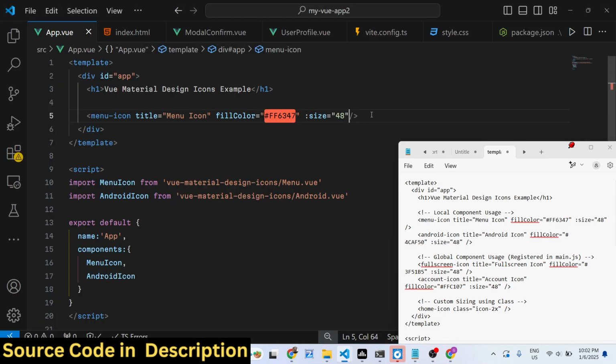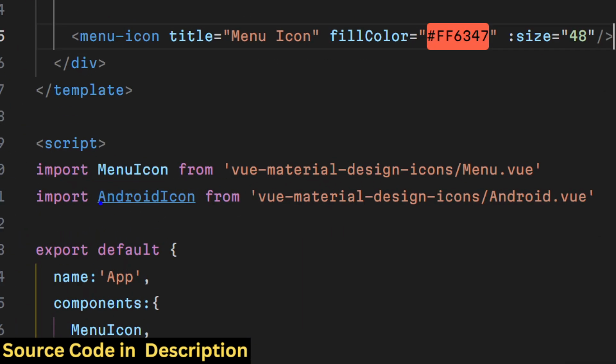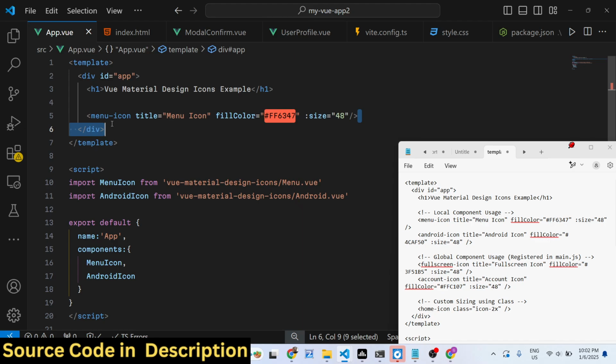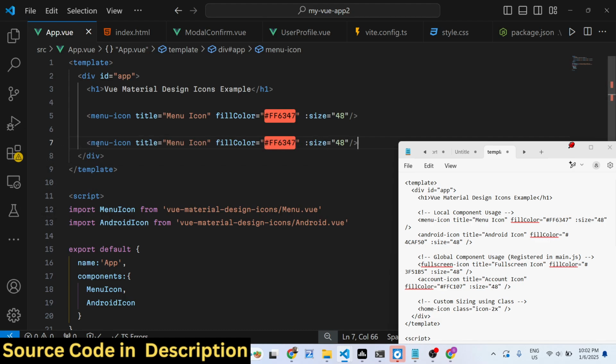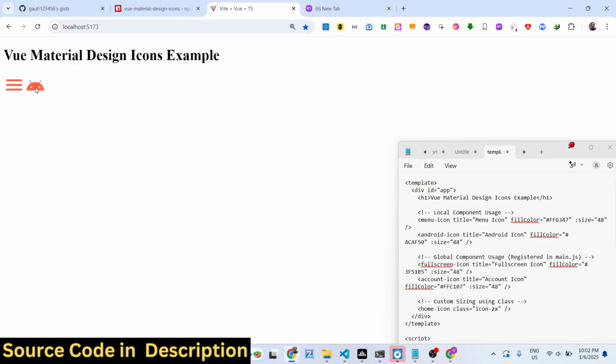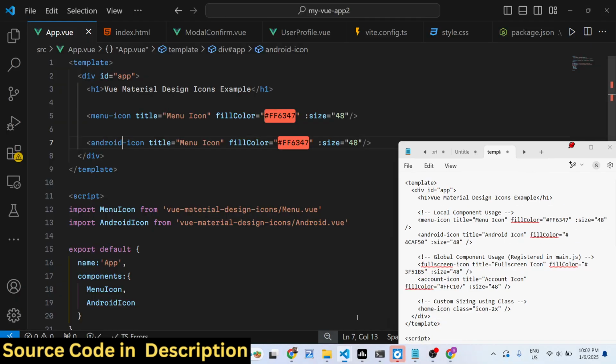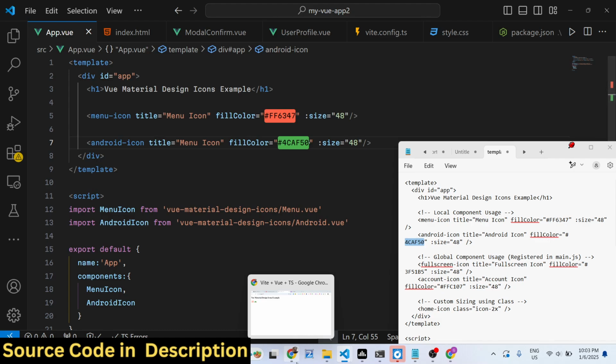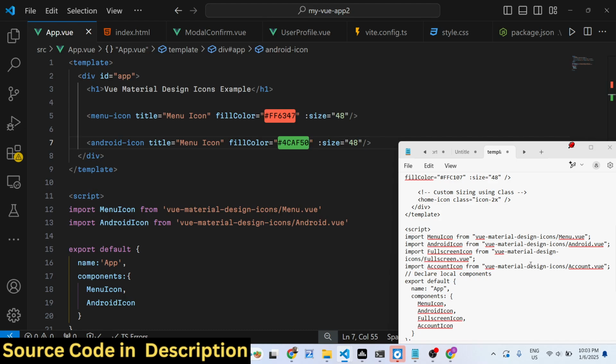In the similar way, we will use this Android icon as well. So I will simply copy this and paste it, and here I will replace it with Android. So you will now see, let me change the color here to a different color. So now it's a green color icon,